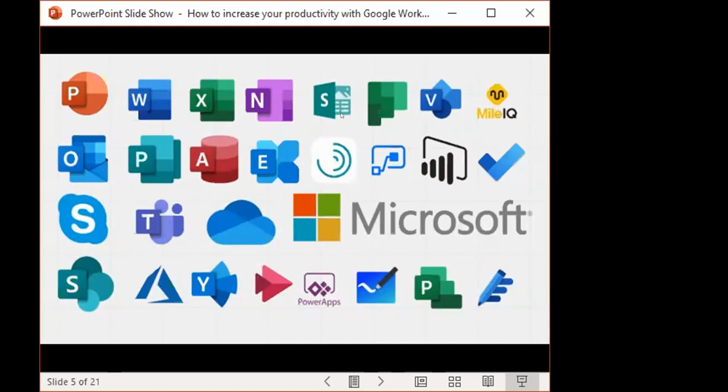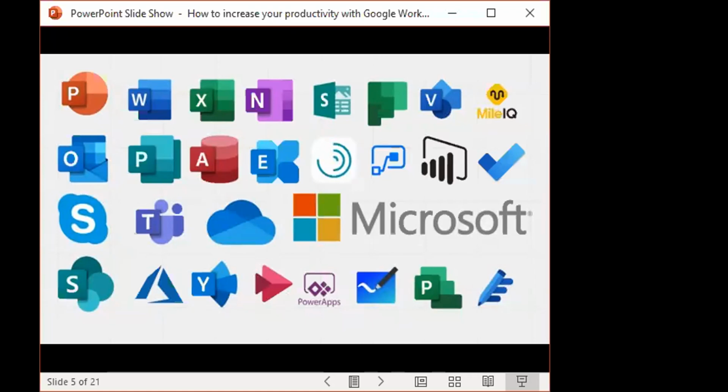So the ones at the top are quite familiar. You have N, which is OneNote. This is SharePoint, I think. And a few other things. We are probably used to Skype, Microsoft Teams, OneDrive. This is SharePoint. So there are tools or applications that we are used to, and there are tools which are quite new. So we're going to look at Google and Microsoft, and